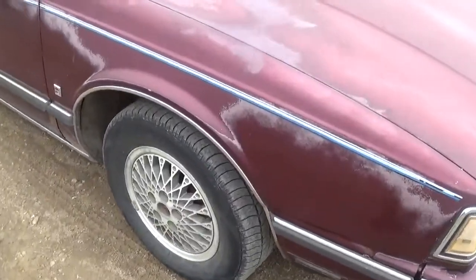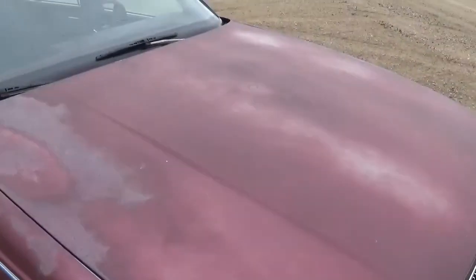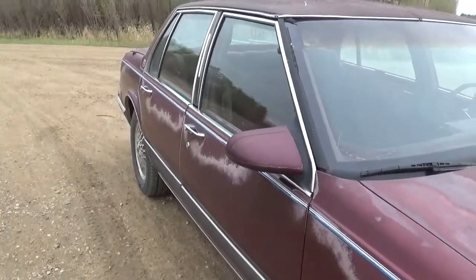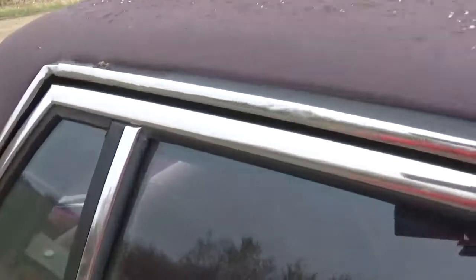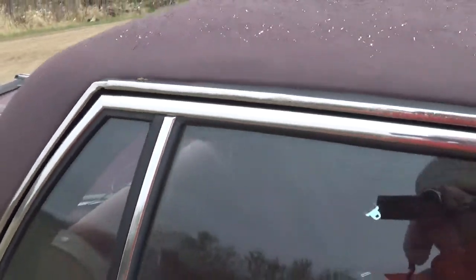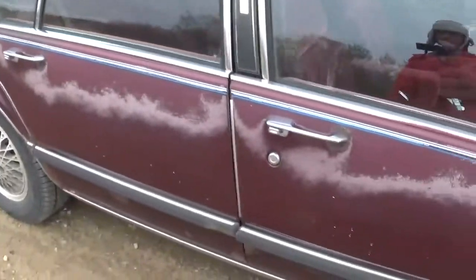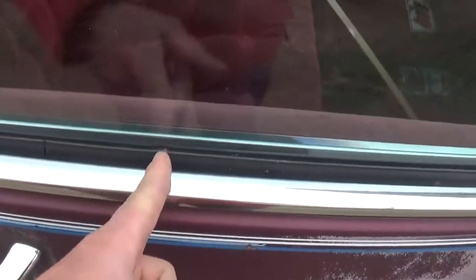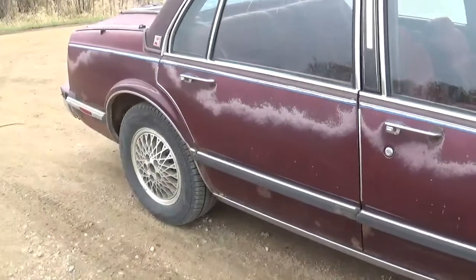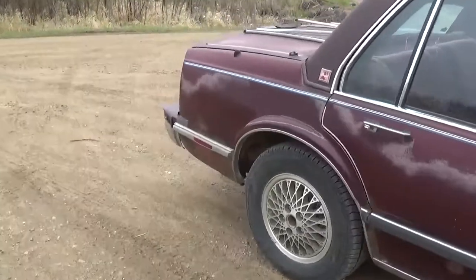Has some unique patina with that peeling clear coat. Classic Chev thing. The plastics here have been really going to town on me. Somehow or another that one just slid right up 2 inches, so well, that happened. Cracking window seals. And then not to mention the